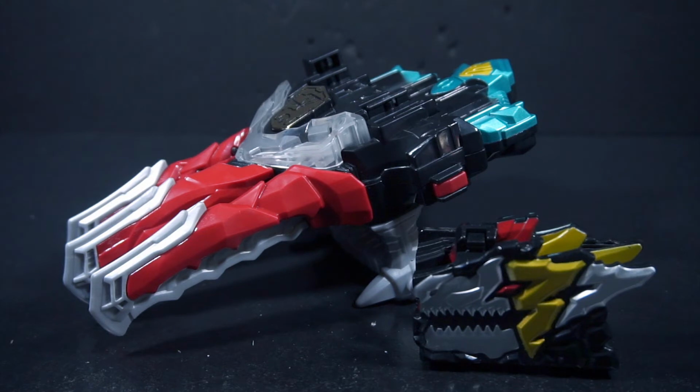I don't remember if I stated this. Obviously, as you can tell, because this is at the end of a Zenkaiger week, I'm not going to pick up any more Dino Fury figures. First of all, I don't really care for Ryusoulger's suits, so I never really had the desire to pick up figures of them if they weren't Ryusoul Gold. And the thing is that the 7 keys I have are all 7 sounds within the Dino Fury Morpher. So if I